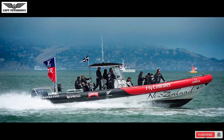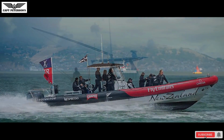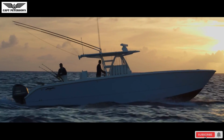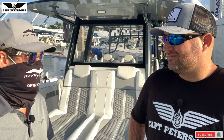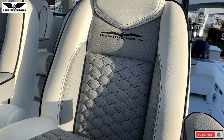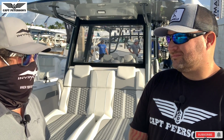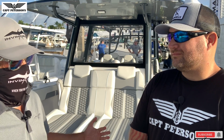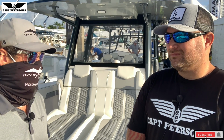They did propose some foiling design stuff, and they're working with other manufacturers too that are doing the whole foil design. Our concern on that end isn't so much whether we want to go that direction. I think eventually what we're trying to build ourselves on is being a technological leader, but we also don't want to compromise on what the traits of an Invincible should be. So an Invincible is a fairly fast boat. They're going to be fuel efficient, but they're known for getting to a certain top speed and running nicely in those conditions. Now, with the foiling design that was explained to us by the designers is that...